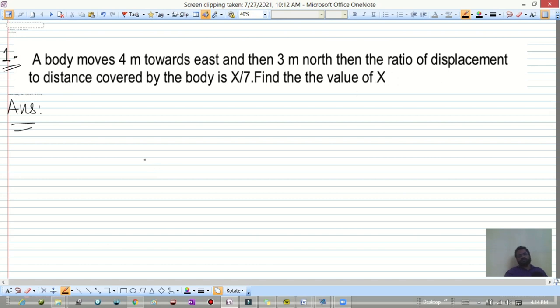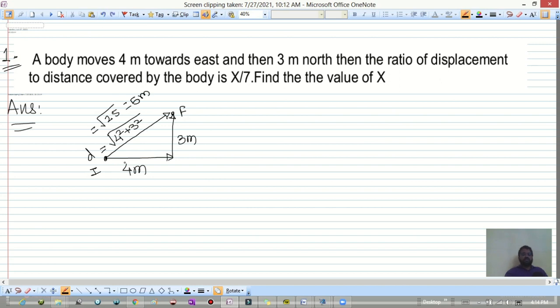Okay. So it is given, displacement to the distance we want. A body moves 4 meter east, it is given 4 meter east. Okay. And then 3 meter north. So this is the 3 meter north. So this is the initial point and this is the final point, and always remember displacement is always from initial towards the final point. So if you want this displacement, it is root of 4 squared plus 3 squared. This is the displacement which we have, and if you take 4 squared and 3 squared, it will become 25, and that is root 25. We know that it is 5 meter.